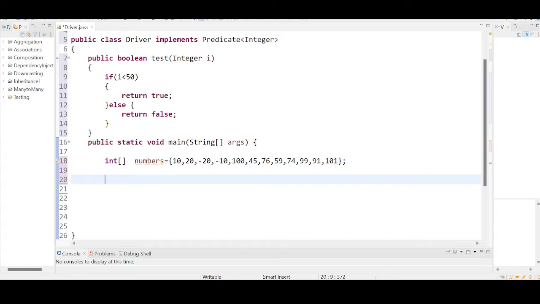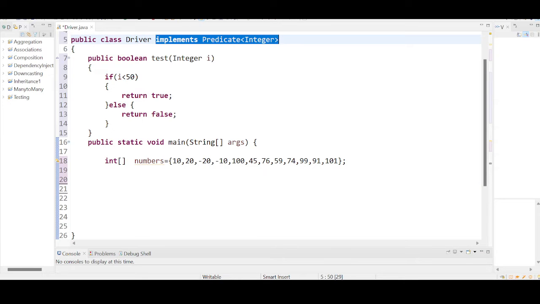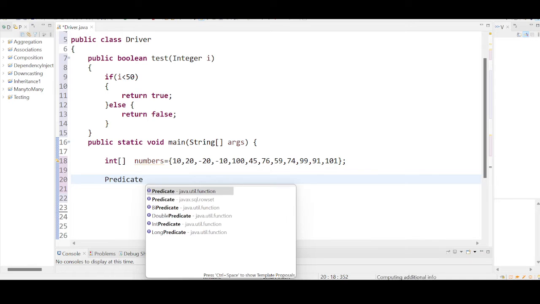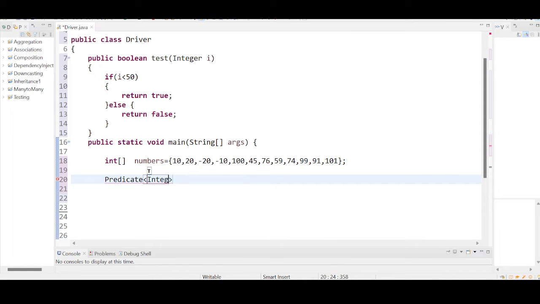Very simple, isn't it? You need to remove this implements Predicate, right? This is not required when you are converting this to a lambda expression. We have seen these things already in the previous class, so I can directly write the Predicate here. Okay, it is taking what? Integer type, and you can give any meaningful name. For the time being, I am giving the name as p1 equal to,